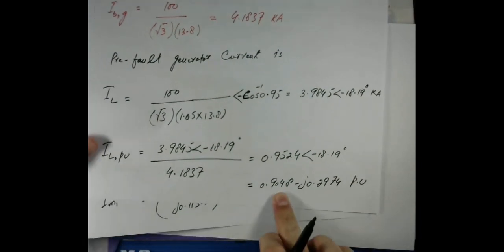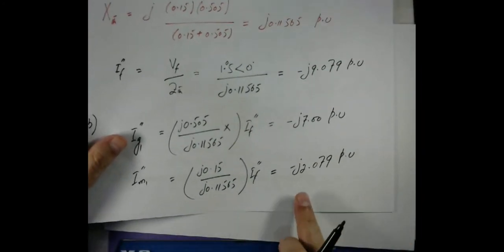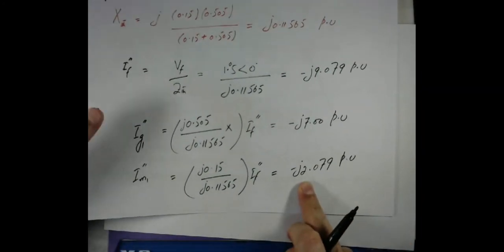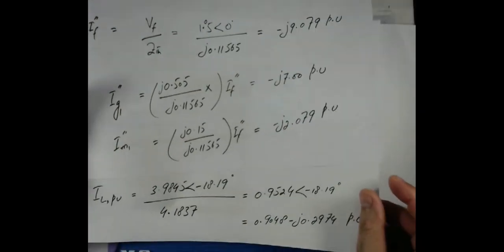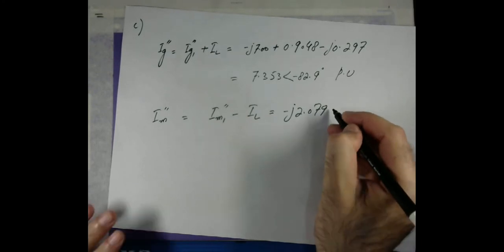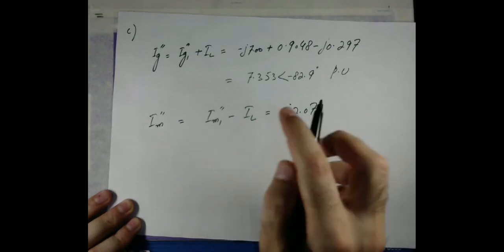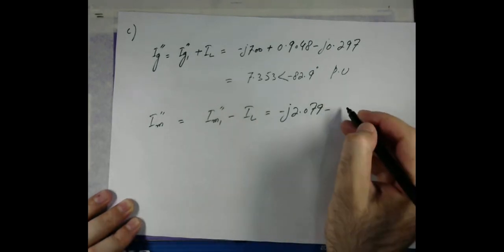As you can see here, it is equal to minus j2.079, and the load current is equal to this one. So let me add to the load current the current that we determined using the Thevenin equivalent network. So I will add this value to this one. If I add it, the result will be minus, now I also have to take into consideration the negative sign. So it will become minus